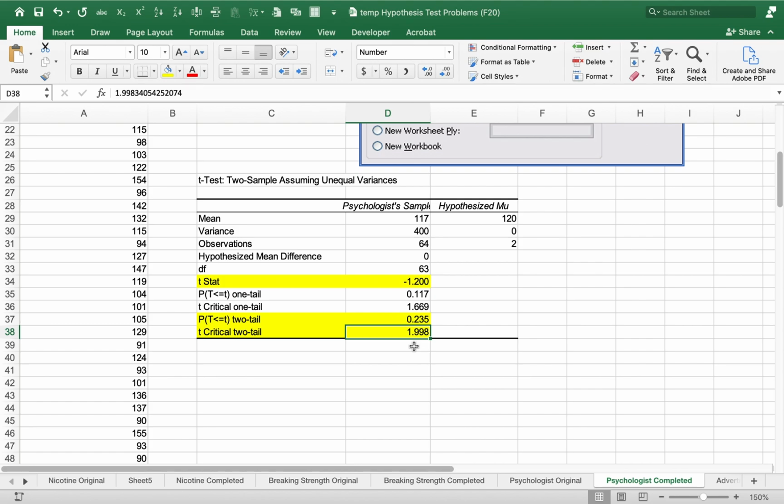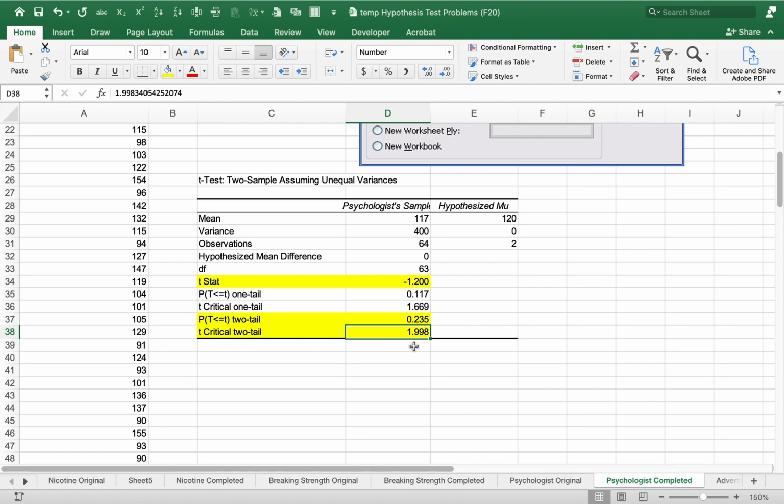And 100 pieces, so it'd actually be closer to about 2. But this is the closer critical t value. So again, the t star is minus 1.2. You'd be comparing that to a negative